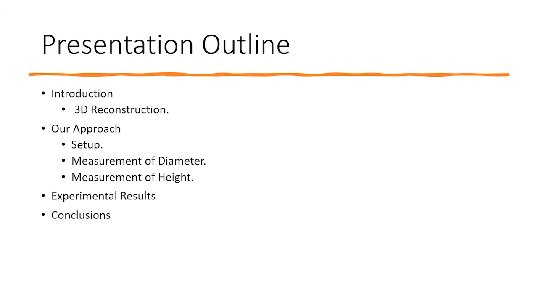This presentation is outlined as follows. First, I'll start with a brief introduction of Factian and its services. Next, the rationale and significance of this research will be explained. After that, I'll briefly describe the traditional 3D reconstruction techniques with their disadvantages. I will also explain the setup for the 3D reconstruction of the cylinder. The methods to measure the diameter and the height of the cylinder will also be described in detail. At the end, I'll show the experimental results which will evaluate the accuracy of this technique. This will be followed by conclusions.